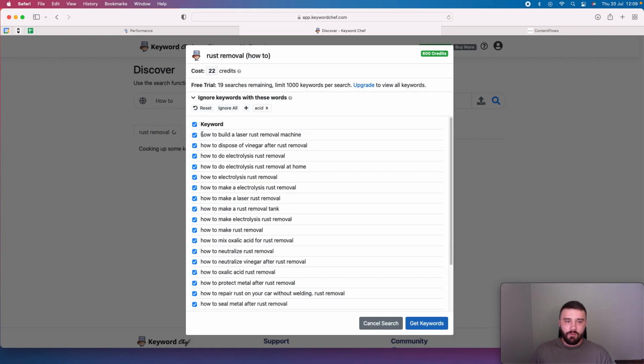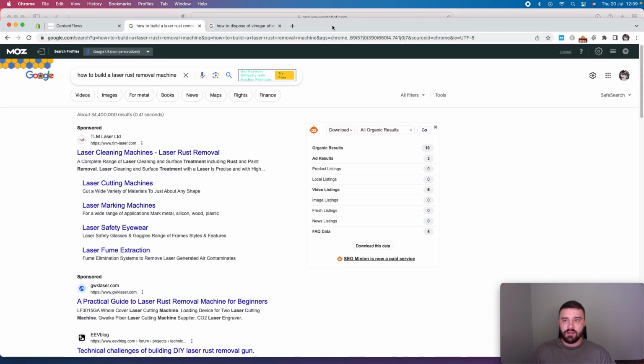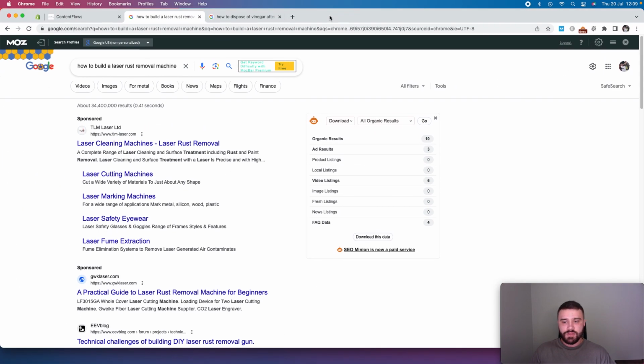So what we want to do at this point is go sort of result by result, one line at a time, and have a look in the SERPs at this content, see whether it's actually possible to rank for this content. So this is where I load Google Chrome, and the reason I use Google Chrome for this is